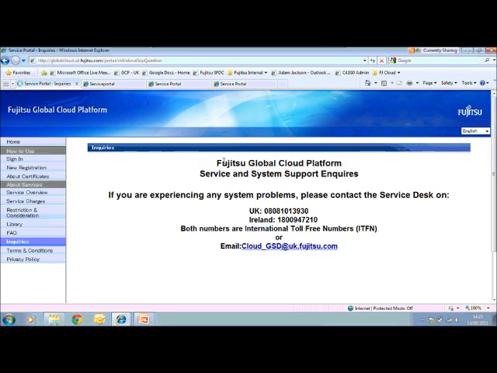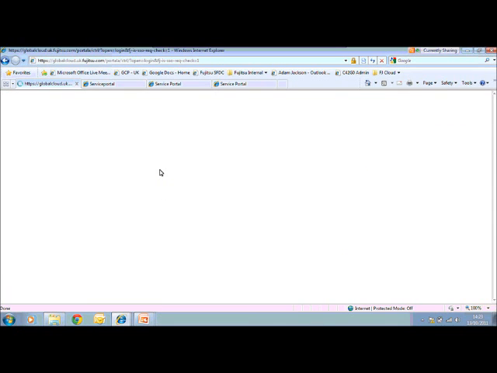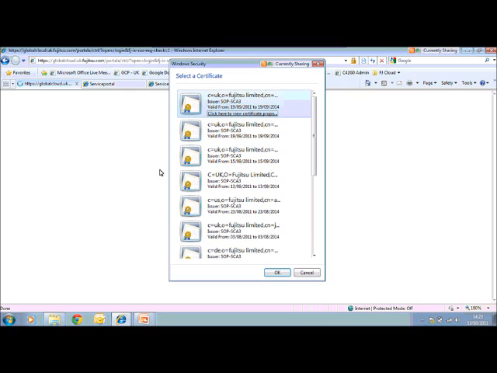And what I want you to note here is that I've already registered an account. And registering an account is very simple. You can sign up. One thing to note is that this is not a consumer cloud offering, cloud platform. We do restrict this to registered companies, charities, government organizations, in order to create a trusted